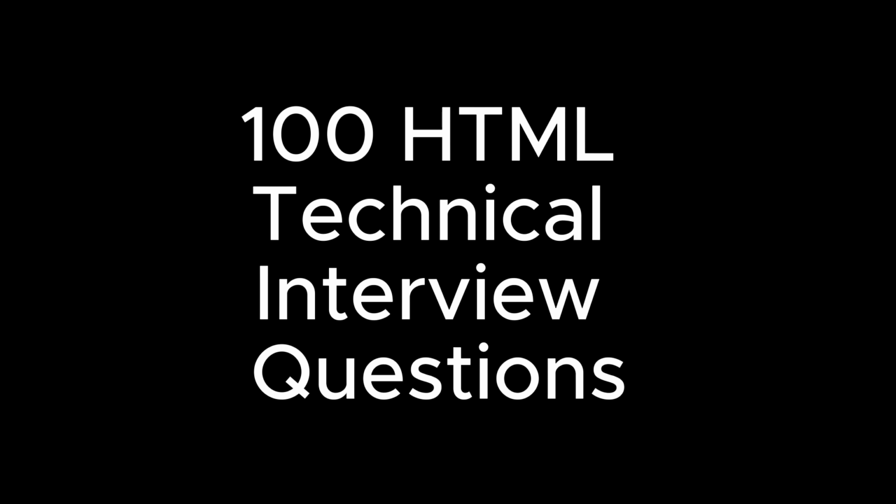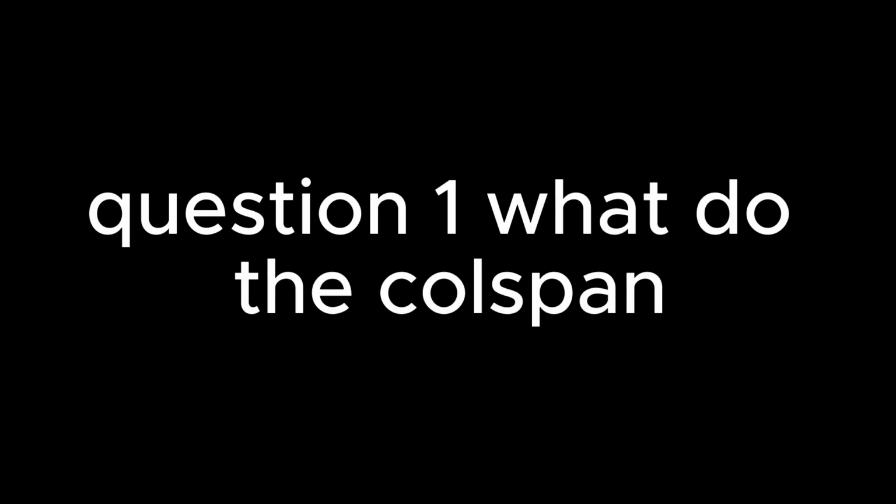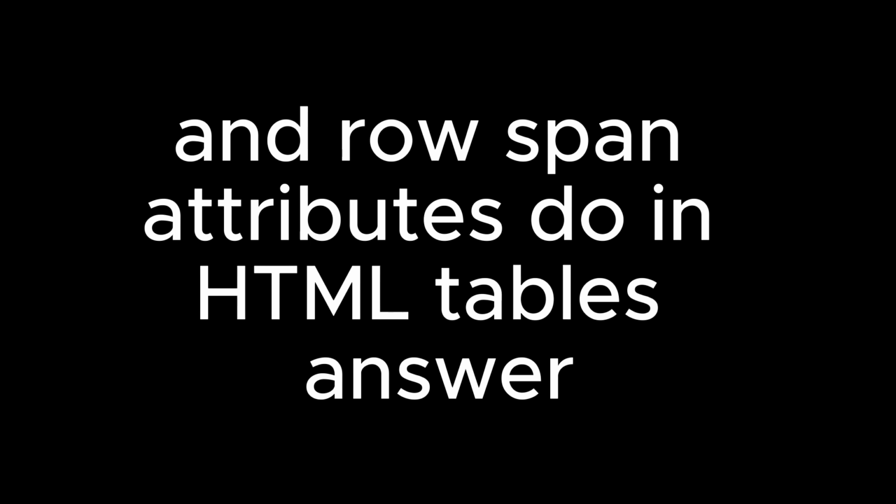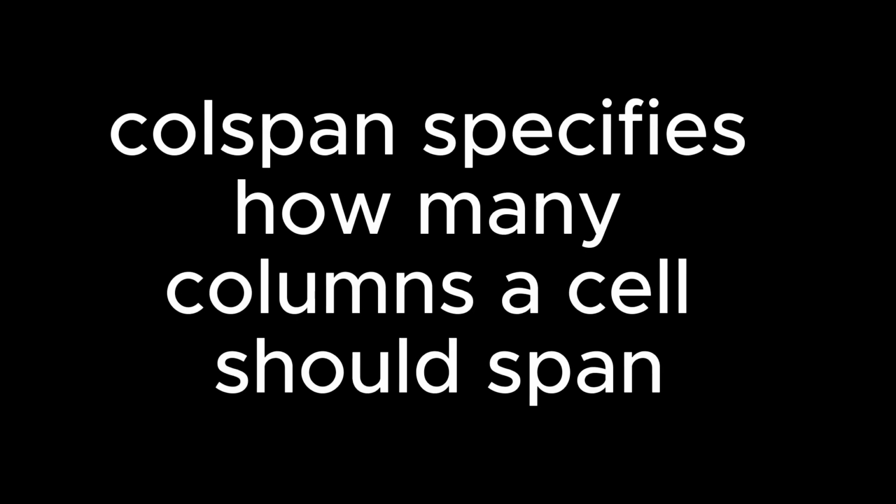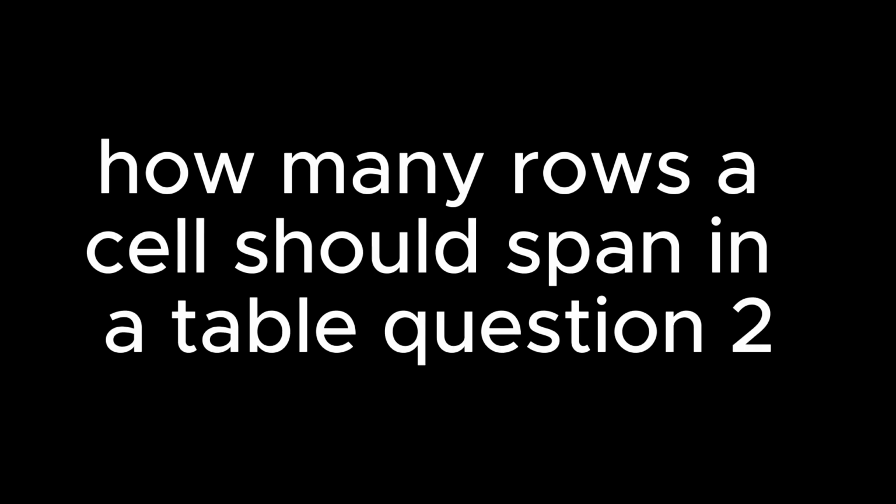100 HTML technical interview questions. Question 1. What do the colspan and rowspan attributes do in HTML tables? Answer. Colspan specifies how many columns a cell should span, and rowspan specifies how many rows a cell should span